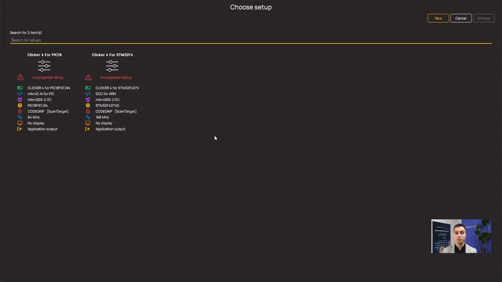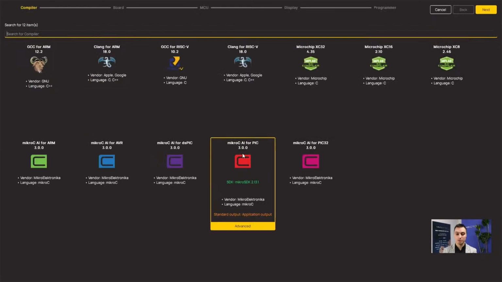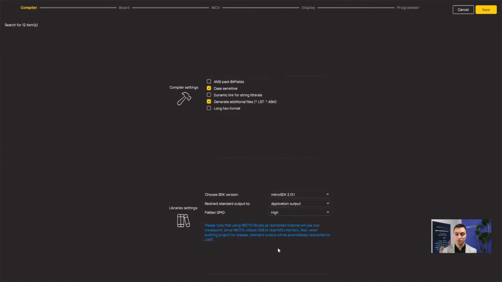Now we will be able to create a hardware setup which is using the legacy mikroC Pro for PIC software development kit. Okay, just jump into the new section. Make sure that the mikroC advanced integration for PIC compiler had been selected, and here is the key note over here, guys. Click on the advanced options, then